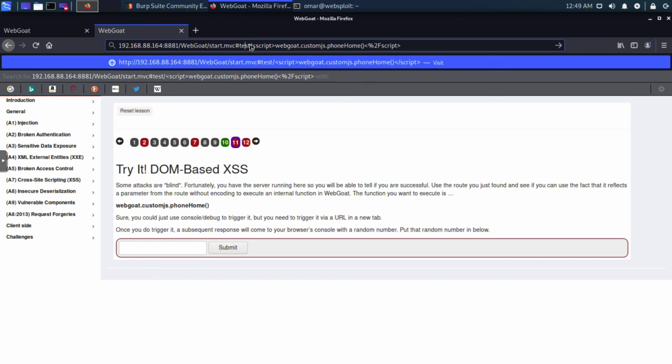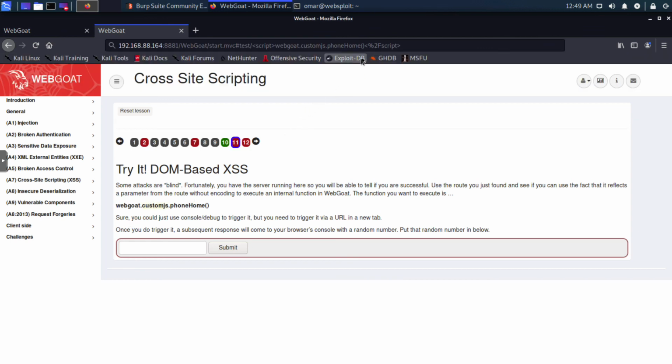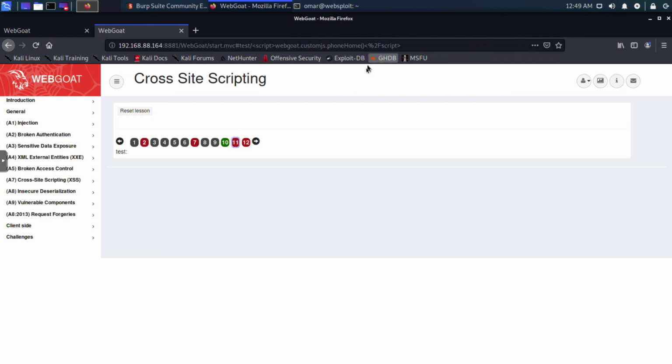But in here, basically what I'm doing is I'm again using the base route with the test route that we saw before, slash script, the actual function, and the code that we were provided in the exercise that you see here down below. And then I'm obfuscating the closing of the tag for script and just hitting enter. And you see test in here,